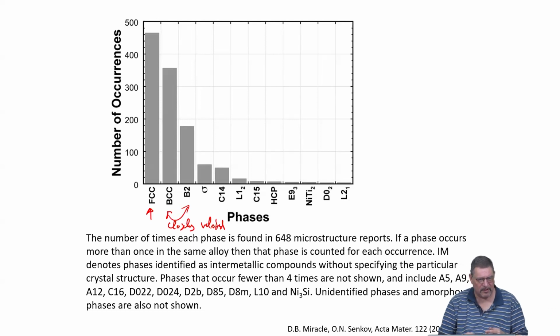Even though I mentioned yesterday already, for the Cantor system, for example, it's not that the majority of elements in their natural form would be FCC, but still the similarity between these different elements is there. And nickel, for example, is a good example of something which really strongly prefers FCC structure. And so this approach seems to work.